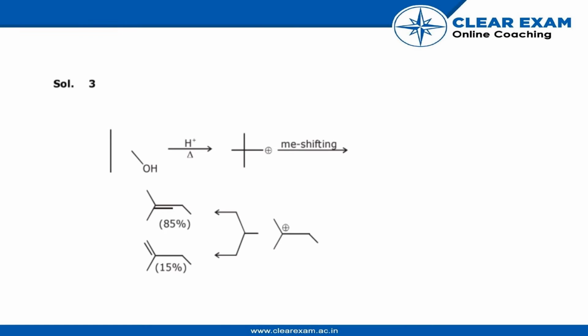So let me correct this. This is the structure for neopentyl alcohol. So when heated, this will come out and only the remaining will be this. So there will be methyl shifting in this, a methyl shift. So it will be converted into this,